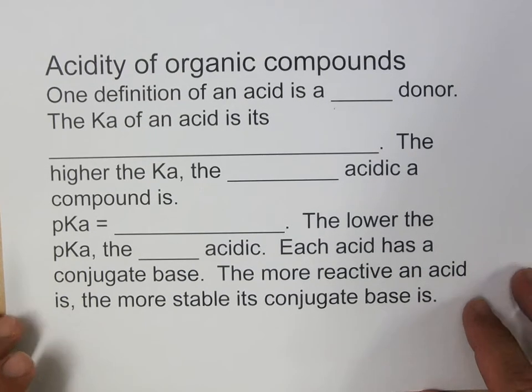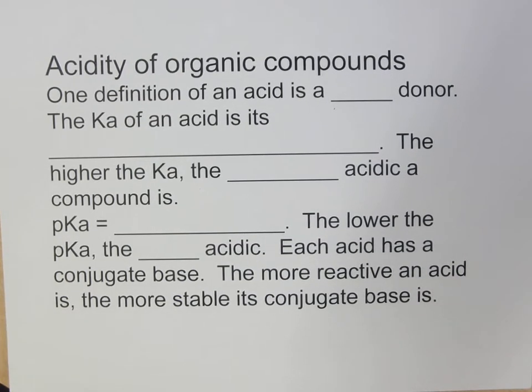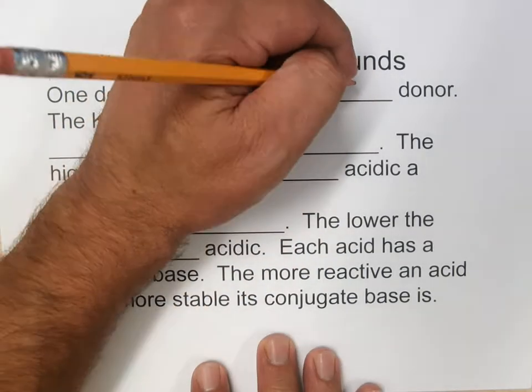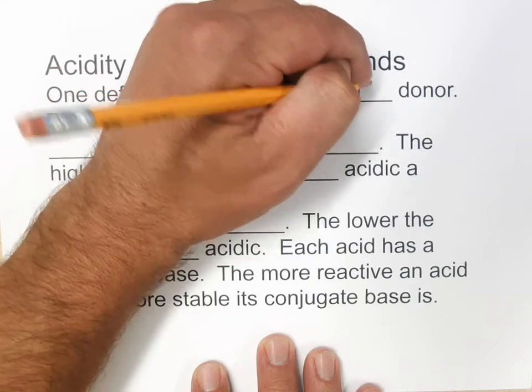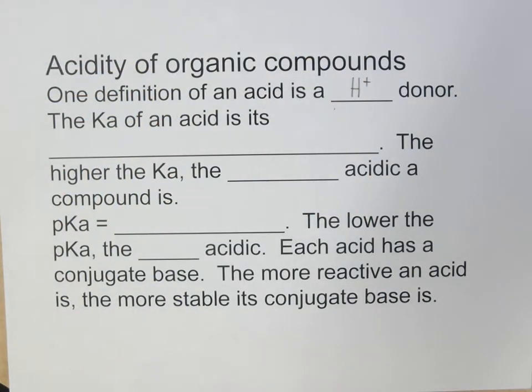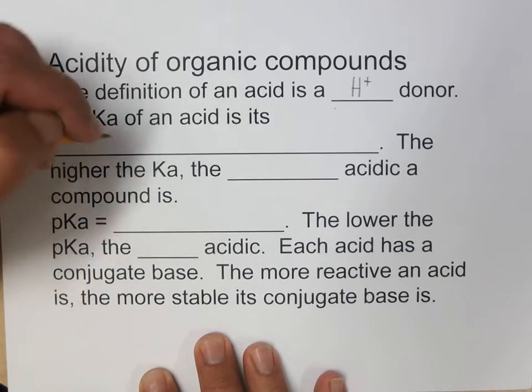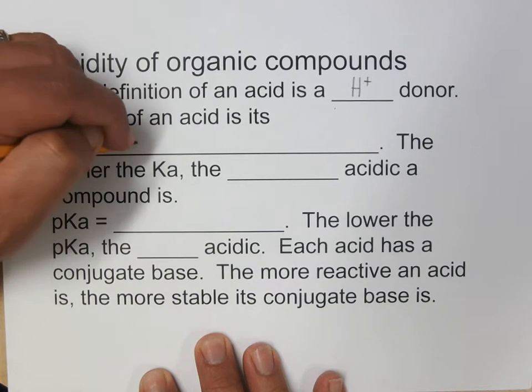So the acidity of organic compounds. One very common and very useful definition of an acid is that it's a hydrogen ion donor, so an H+ donor. That doesn't mean that everything with an H in it is going to be an acid, but if something's got a hydrogen atom in it, that hydrogen atom might be predisposed to be donated to something else that wants it more. The Ka of an acid is called its acid